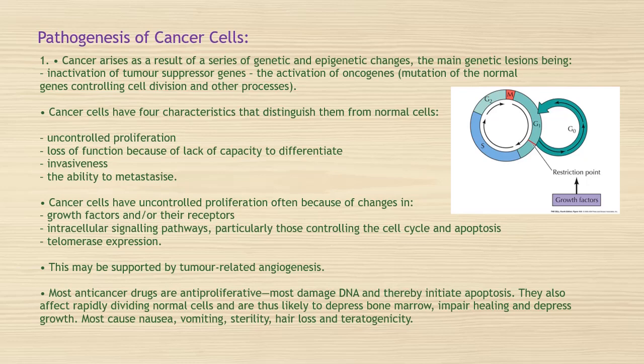Now the proliferation of cancer cells is not controlled by the processes that normally regulate cell division and tissue growth. It is the rate of proliferation that distinguishes them from normal cells. See, even normal cells proliferate, they undergo the cell cycle, but the only difference between the cancer cell and the normal cell is the rate of proliferation, how fast they proliferate,